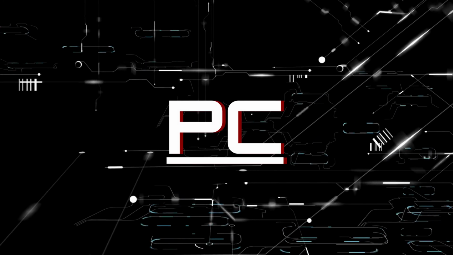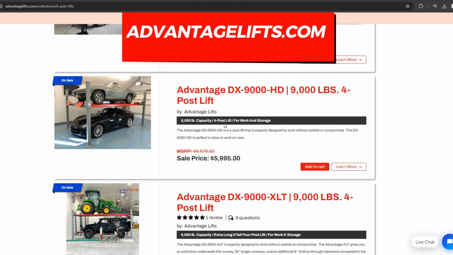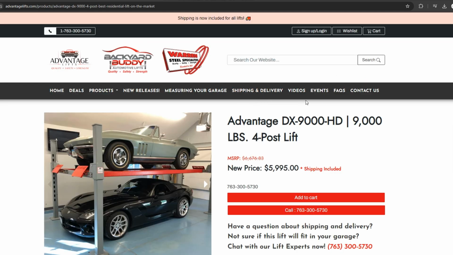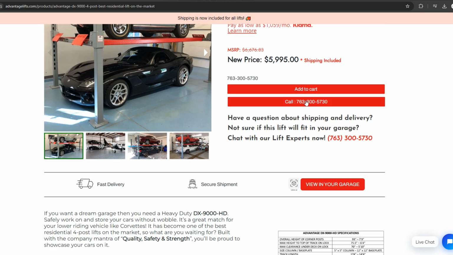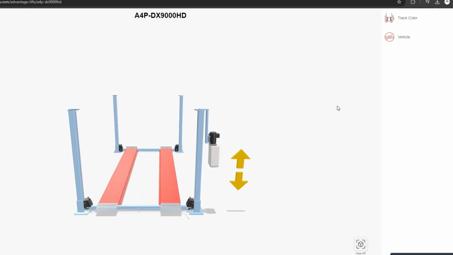On your PC, to use the Advantage AR tool, first visit advantagelifts.com. From there, click the lift you'd like to view in AR. You will then scroll down till you find the View in Your Garage button. You'll click that button and it will take you to a new window with the interactive lift of the product